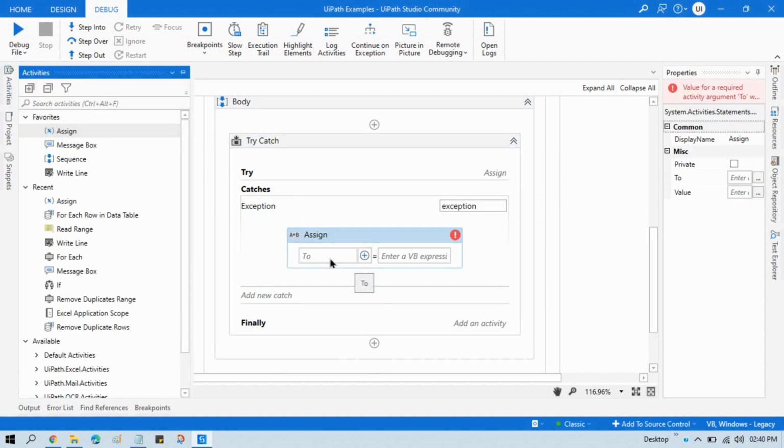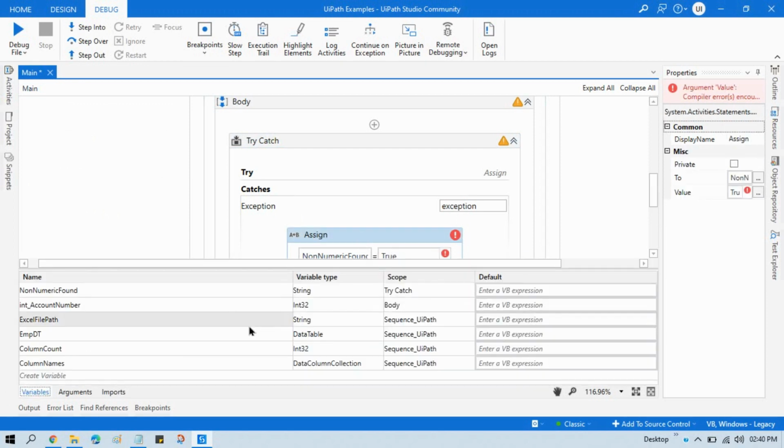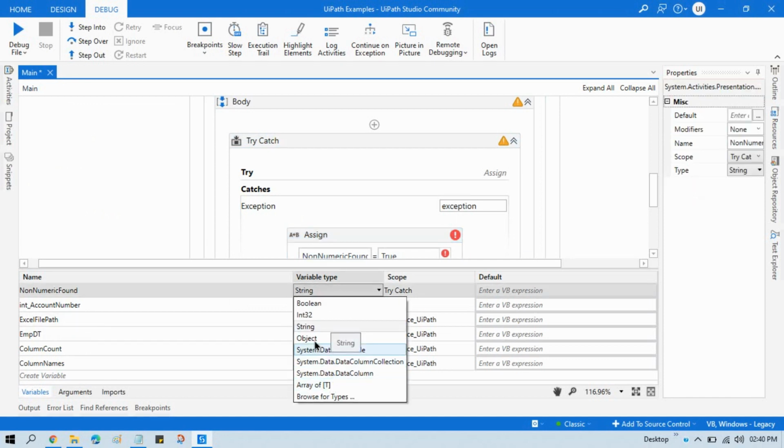Take one assign activity, take one boolean with Ctrl K, that is for non-numeric, something like that. Non-numeric found equal to true. Take this as a boolean, non-numeric found as a boolean.